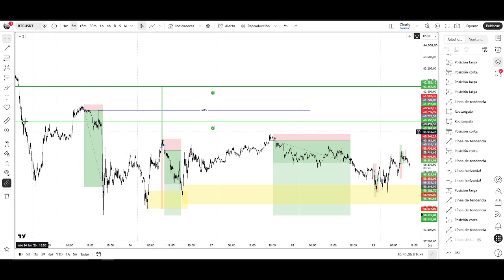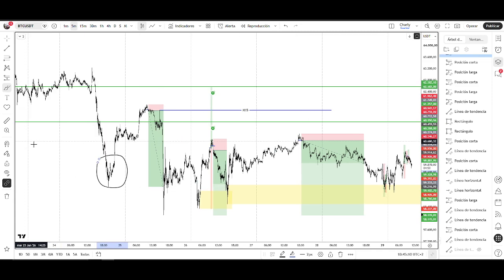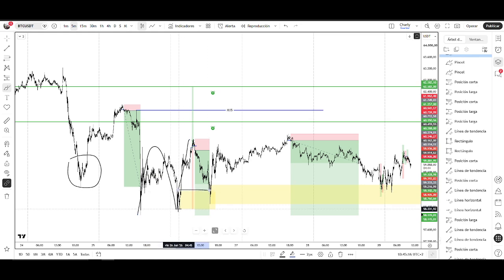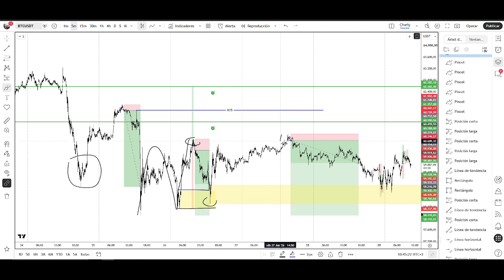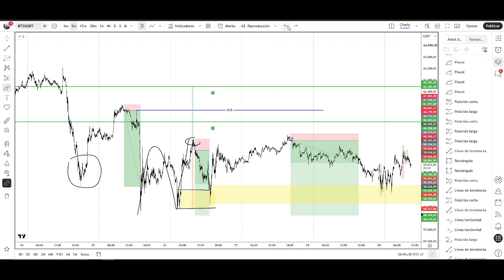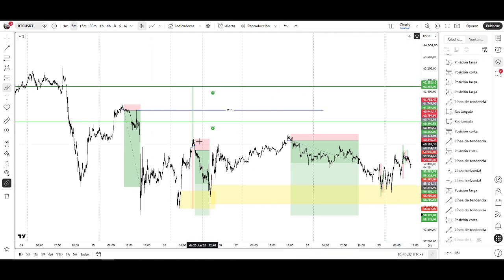Same way as right here, we did not have any structure. This was a lower low, but right here we already had a trend to the upside. Makes sense to move to break even. Same way as here, right here we have higher high, higher low, higher high. Demand area gives you, look at the reaction that it gives you. That's a perfect place to move to break even. But anyways, right after